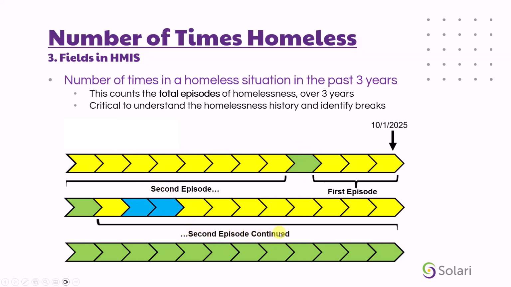and continued down here. This is why it's really helpful to go ahead and sit down and come up with a timeline, because looking at it this way or having it written out is much easier to gather this information and really understand how to answer these questions rather than just asking the client directly how many times they've been homeless in the past 3 years, because they may not be familiar with the 7-day breaks for permanent situations or 90-day breaks for institutional situations.